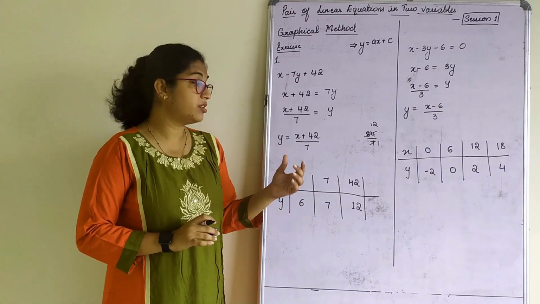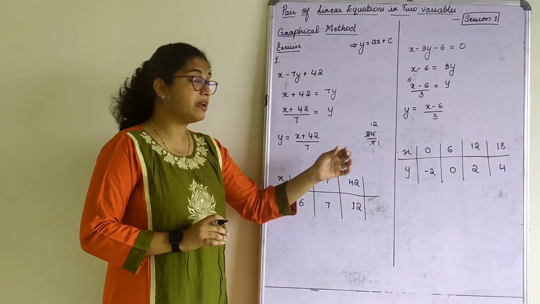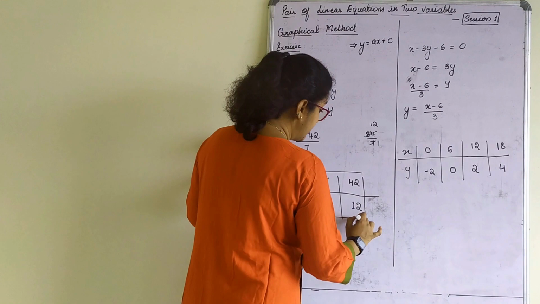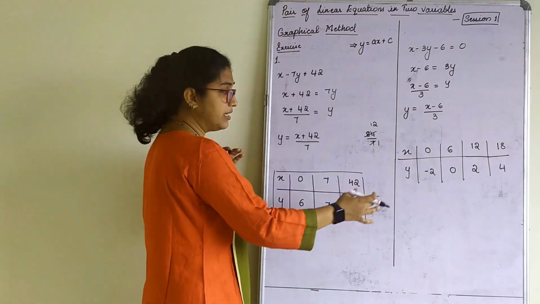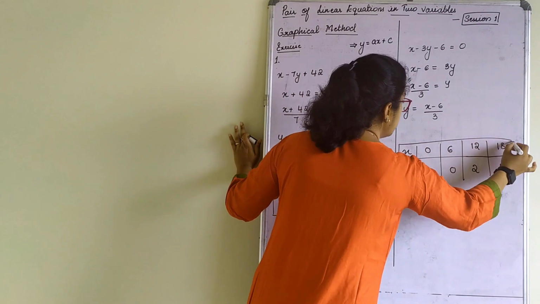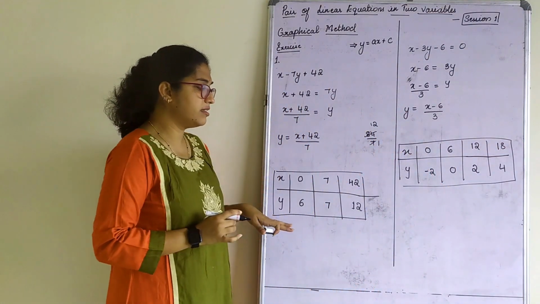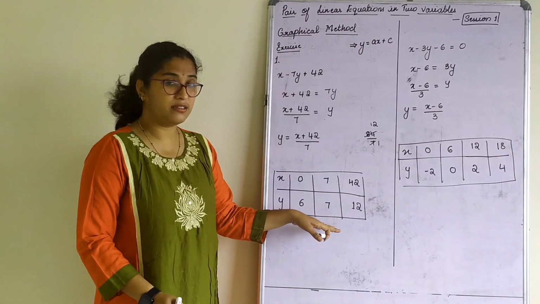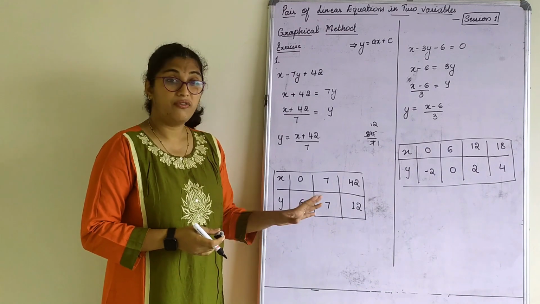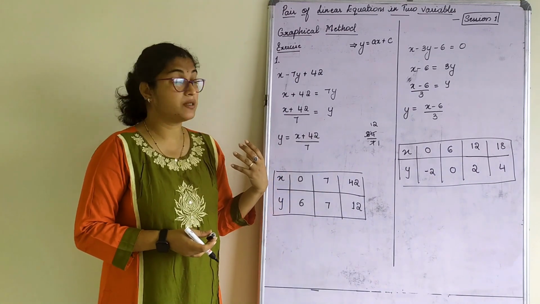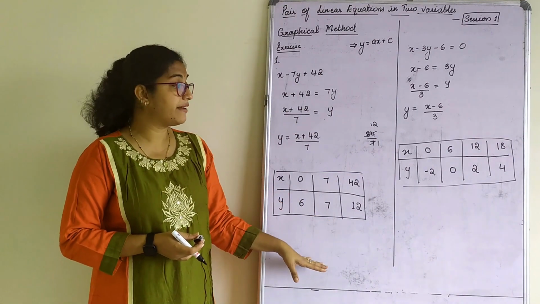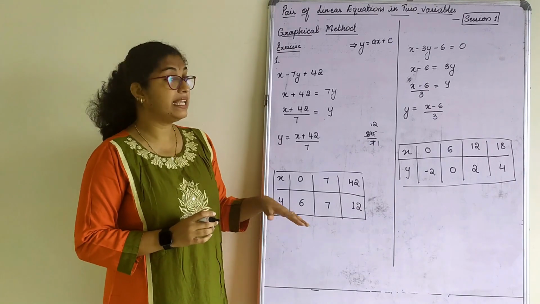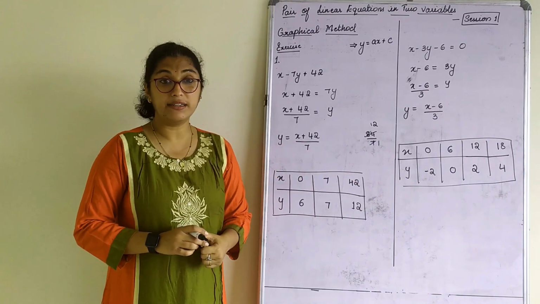Main thing here in the question: getting the algebraic expression and making the tabular column. The tabular column should be neatly done. If in case you want the working, do the working there only. Then you can start with this. This should be written in the same manner as I have written. Now again, don't ask me where I should write this in the graph book. You all know where the writing part comes and where the graph part comes. So you all will finish this. Since I do not have space, I'll be erasing and drawing a graph again now. So please copy down this. Then we'll draw the graph for these tabulated values.